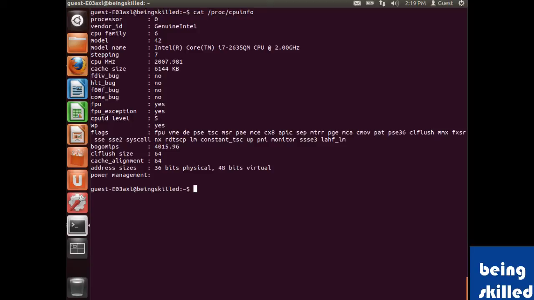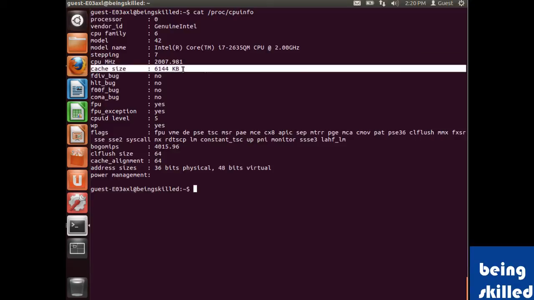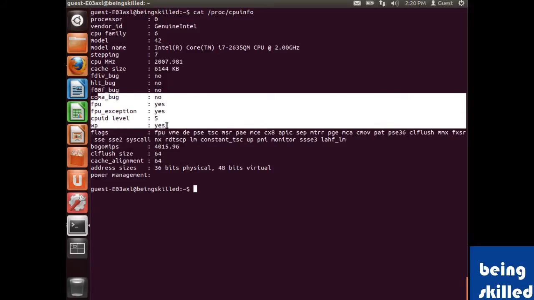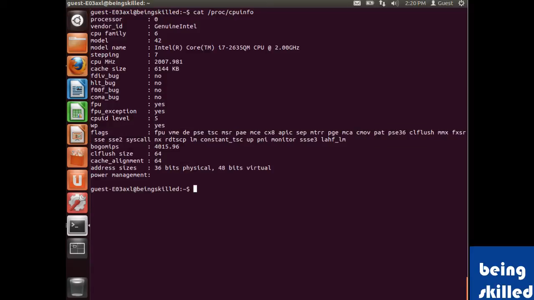So here we have Core i7 2635QM CPU at 2 gigahertz. Then the CPU MHz is about 2007. Then cache size is about 6 MB, and other necessary details which can be used at different instances.